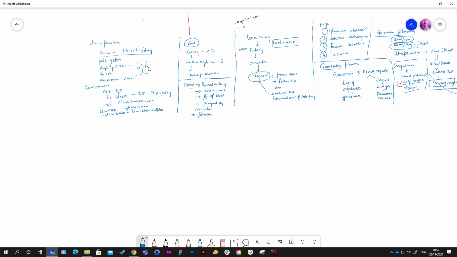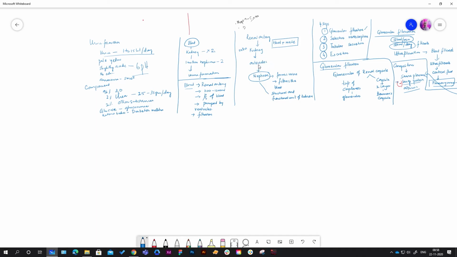After that, let us come to how the filtration takes place. Through the renal artery, the blood enters into the kidney, and in the renal artery there is blood plus waste. We don't want to remove the blood, we want to remove the waste. Another thing also removed in the urine is the ions and the water. Basically this will help in maintaining homeostasis. Due to homeostasis, the amount of blood remains the same. The pH is also maintained, the ionic balance is also maintained because of excretion only.